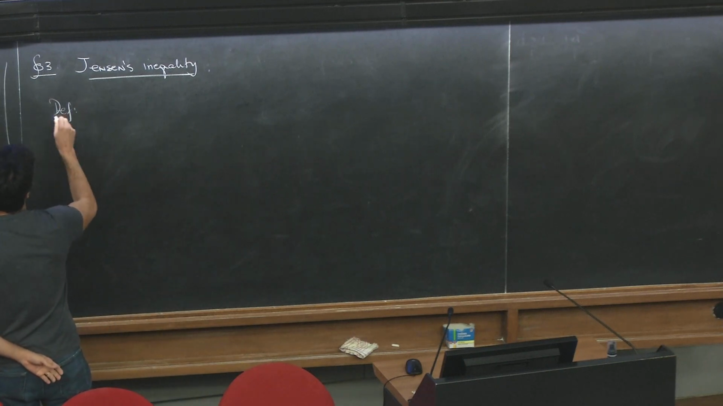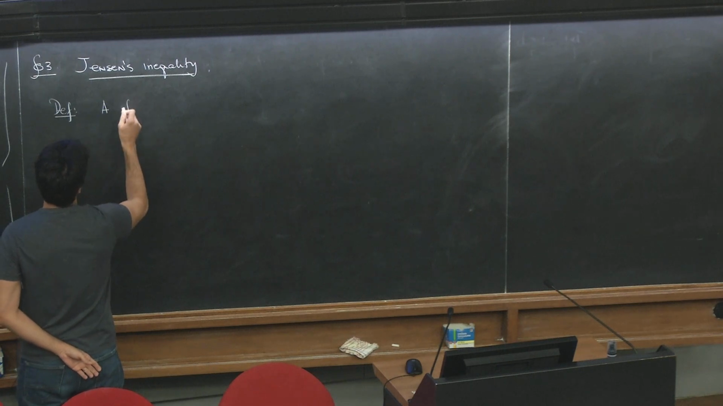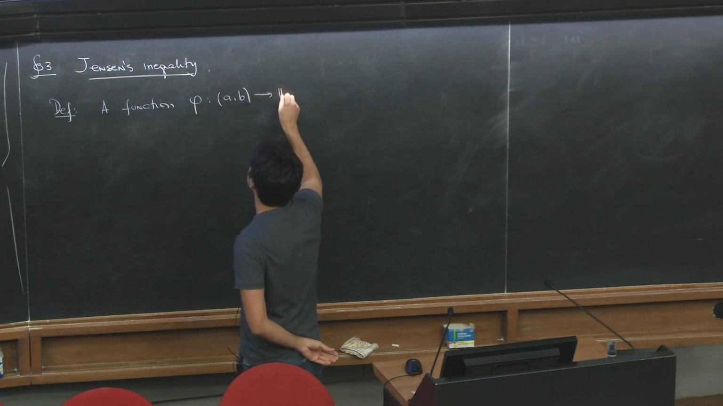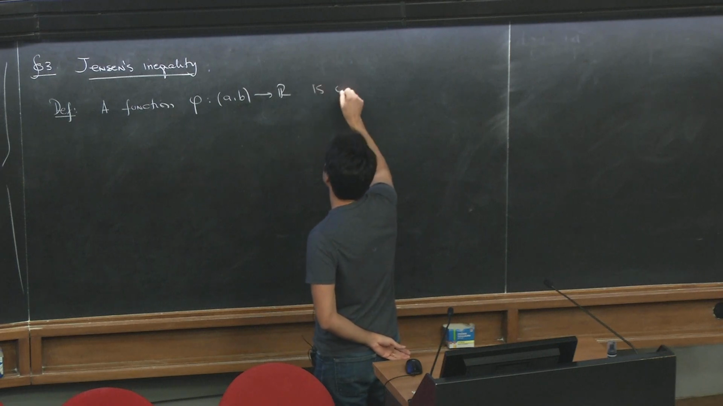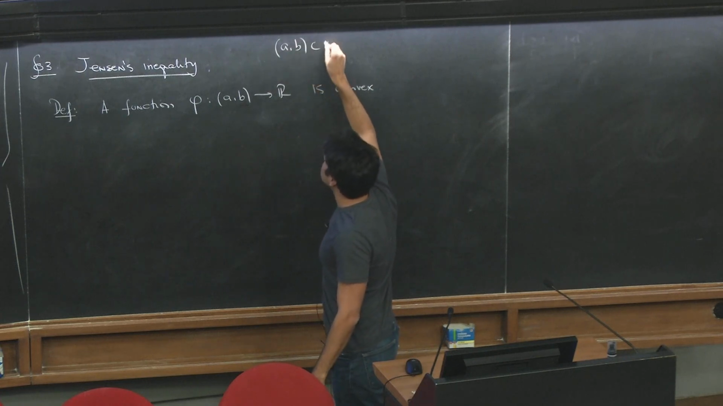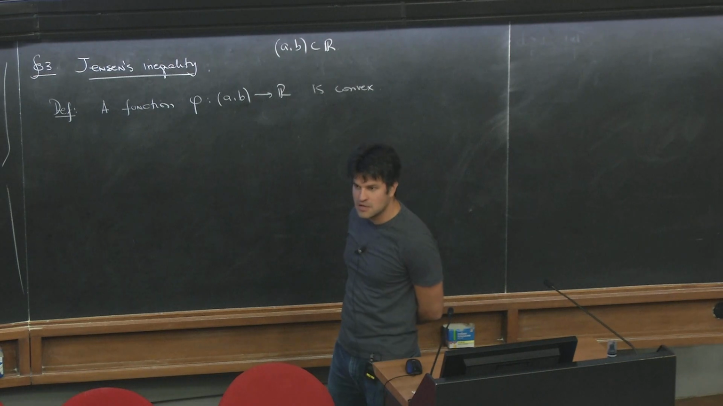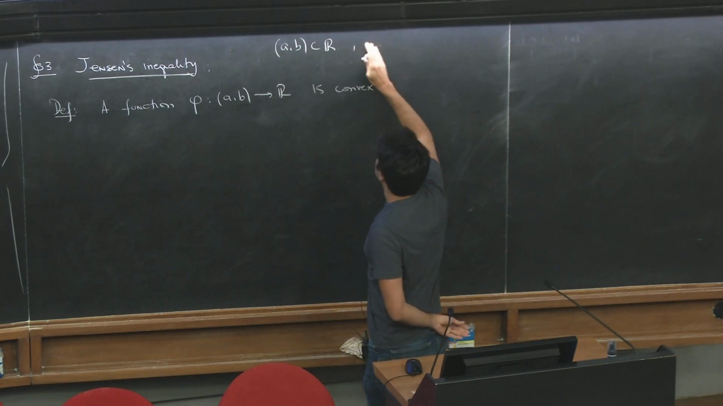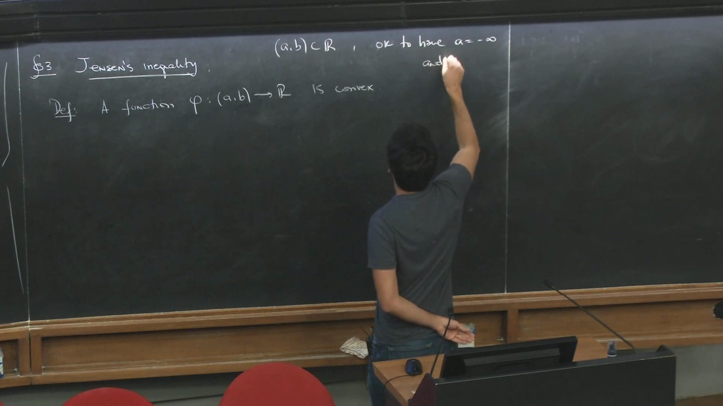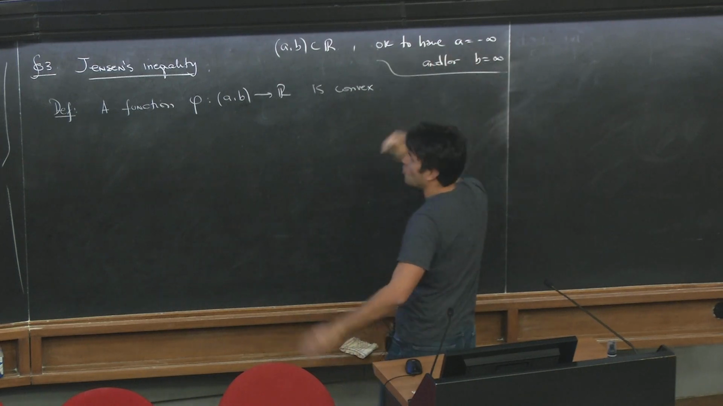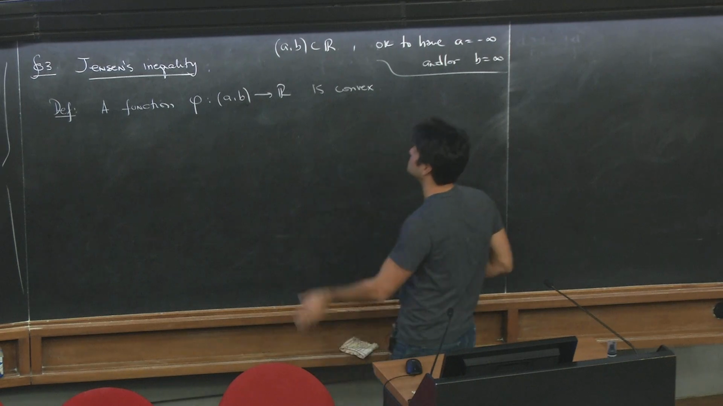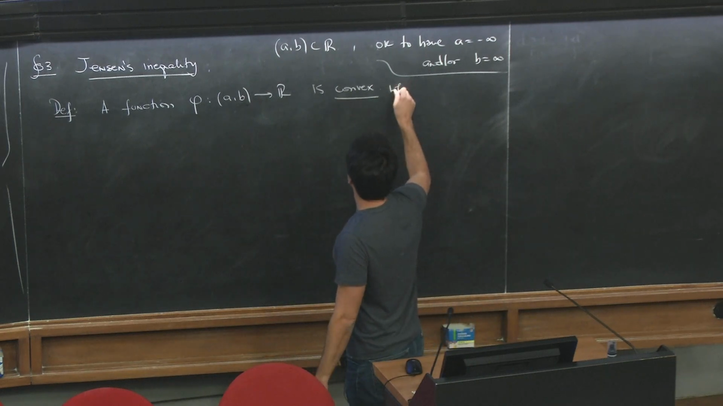So let's just see. A function phi on an interval (a, b), say taking values in R, is convex. Here I'm taking an open interval (a, b) contained in the real line. It's okay to have a equals minus infinity and/or b equals infinity, so you may have open-ended intervals. That's fine. So just take an open interval in the real line. A function phi from this interval, taking real values, is said to be convex if the following property